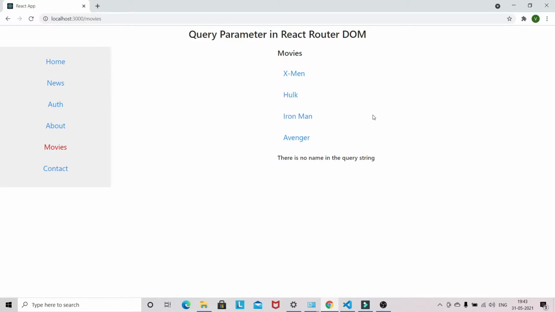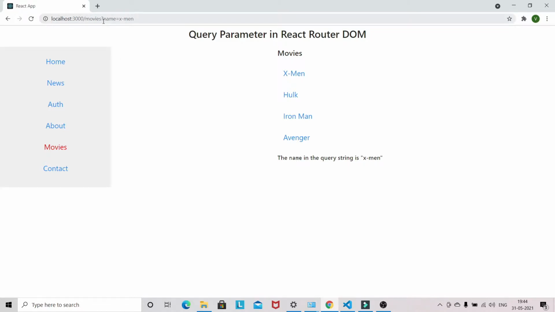React Router DOM. So query parameters, something like we have some movie list. Like in Iron Man we have a query parameter name equal to Iron Man. Suppose I want the query string Iron Man. So how we can get this query string in React Router DOM, that we are going to see in this video.